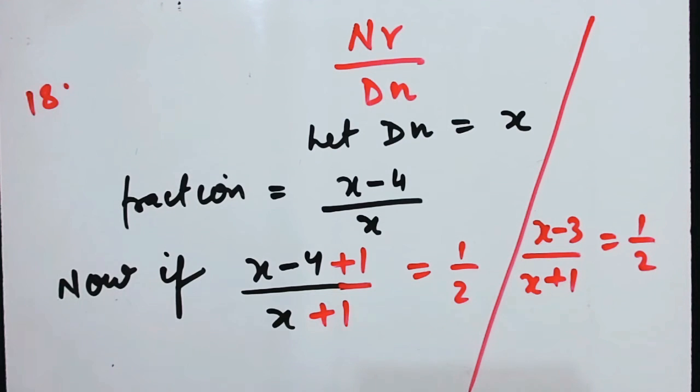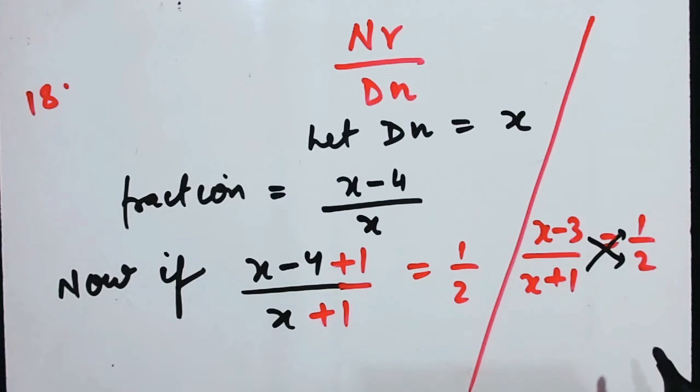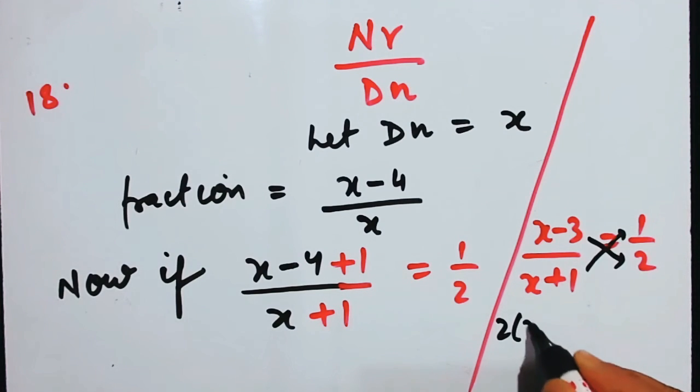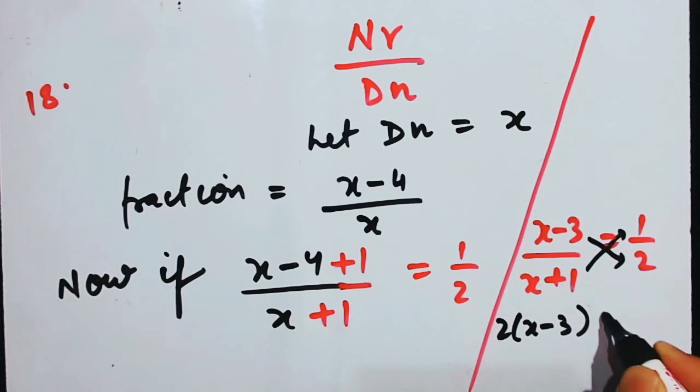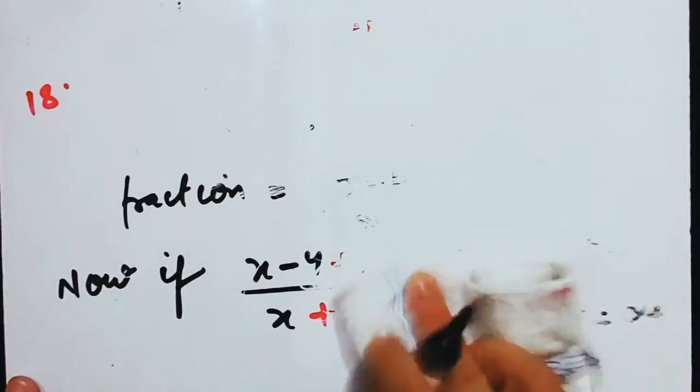And how are you people going to solve this? By cross multiplication. So 2 times x minus 3 will give you x plus 1. Done? Come on. Now you will solve it for this. Next we have, let me see if there are some more sums. Number 19 is same as the previous one. Number 20